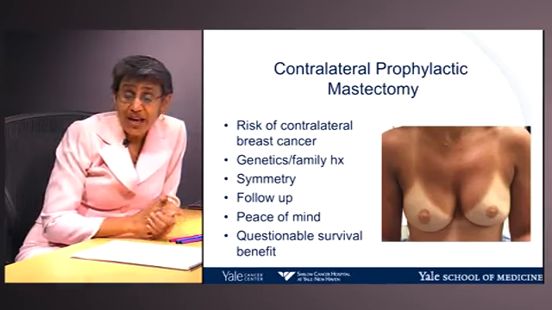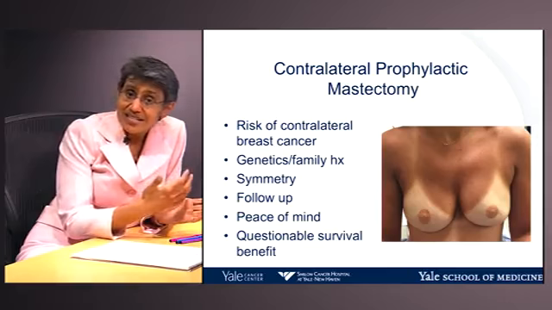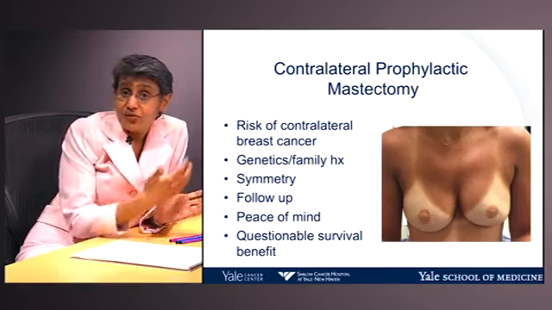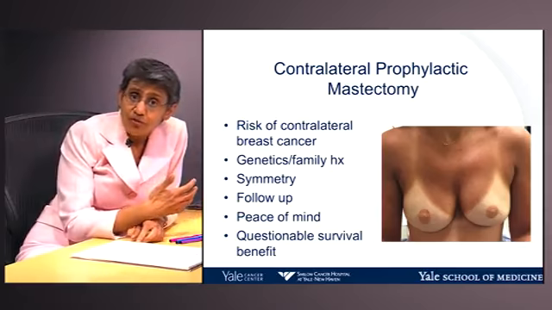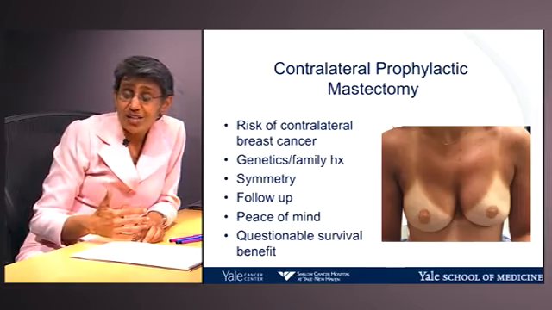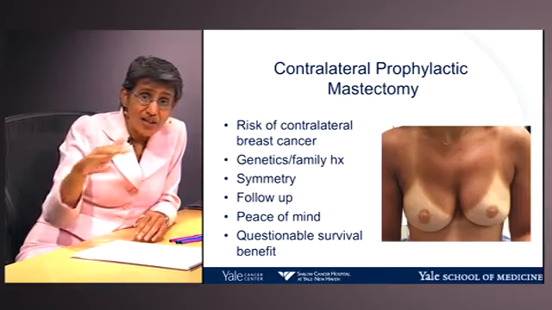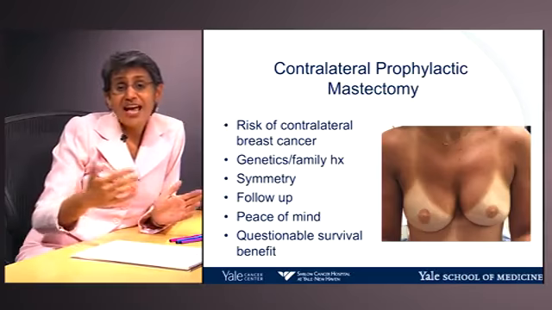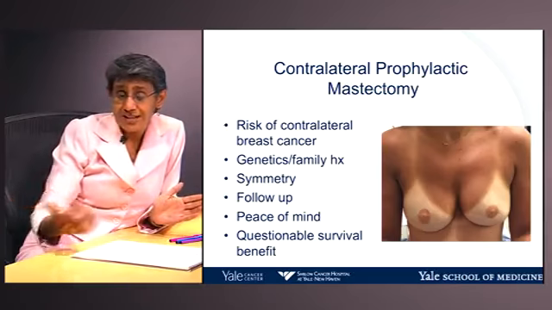No, thank you. And will remove the other breast in a prophylactic way. That is to say, to prevent breast cancer from coming into that breast. We know that with contralateral prophylactic mastectomy, you can reduce the chances of you getting cancer in that breast by 95%. So you take that 25 to 50% number and you bring it down to 1.25 to 2.5%, which is